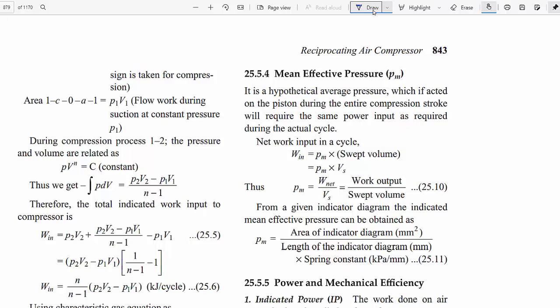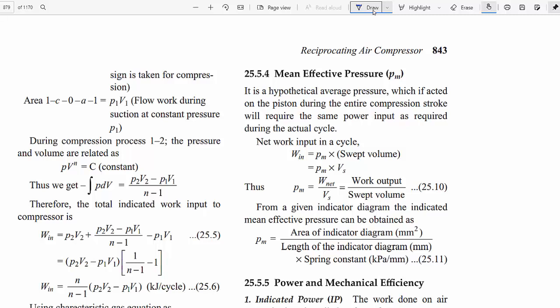That means from 0 to P1, P1 is suction pressure, which is atmospheric condition, for example, 1 bar. The compression takes place, but that compression is organized by the atmosphere alone. We don't need any compressor to raise the pressure from 0 to 1 bar. Only after 1 bar, to another higher pressure, do we need a compressor. Therefore that area is subtracted